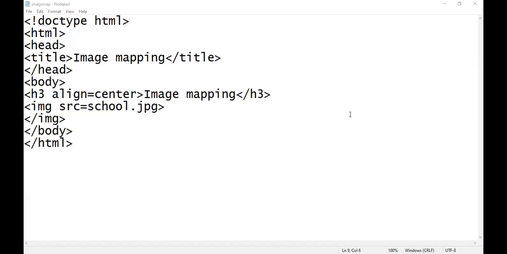Okay, no problem. So here I have stored this file. Now I will open this file in Internet Explorer and check how the output displays.